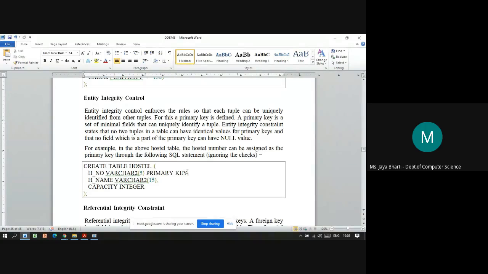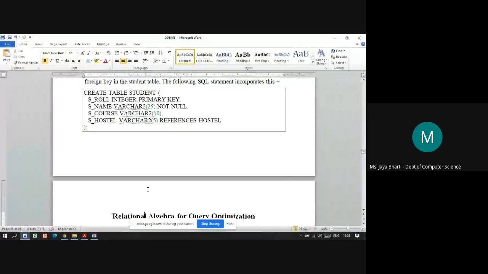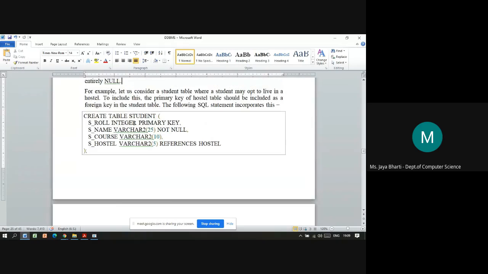So the primary key of the hostel table should be included as a foreign key in the student table.